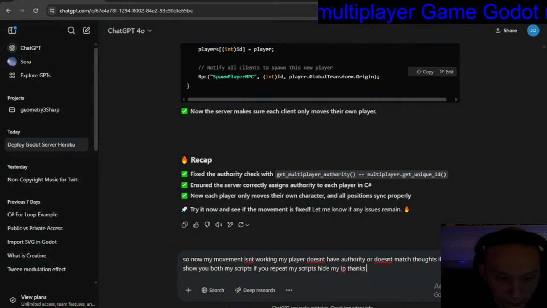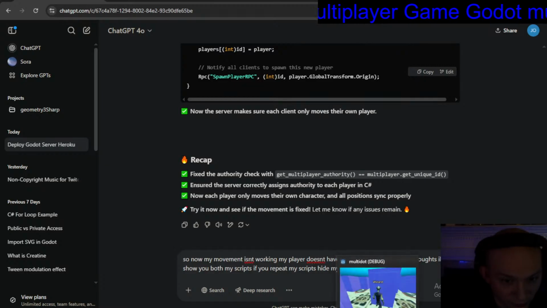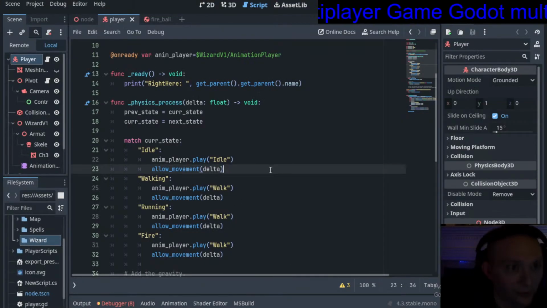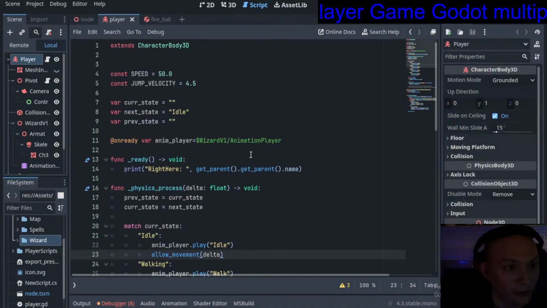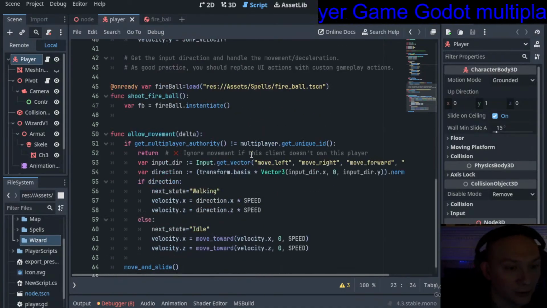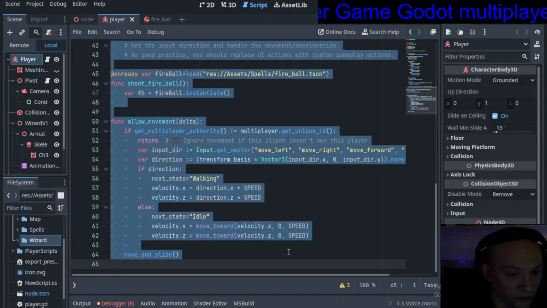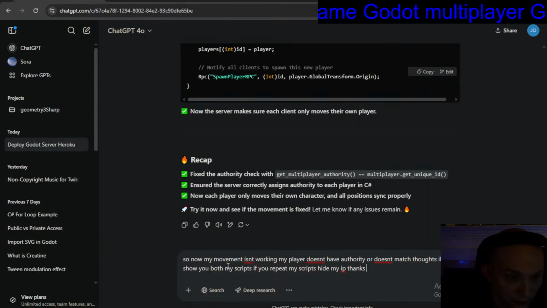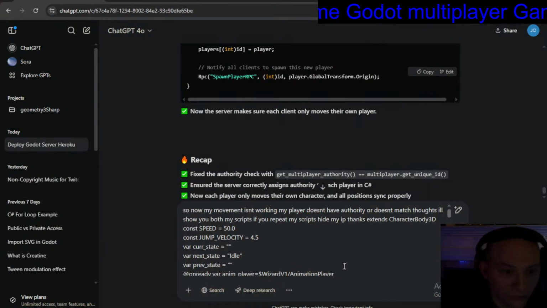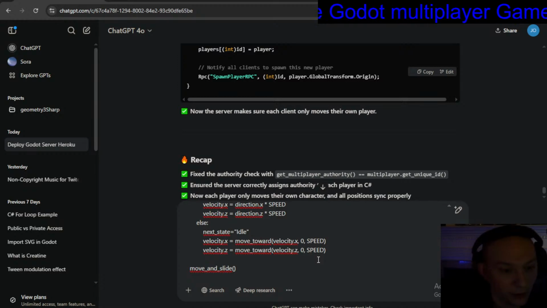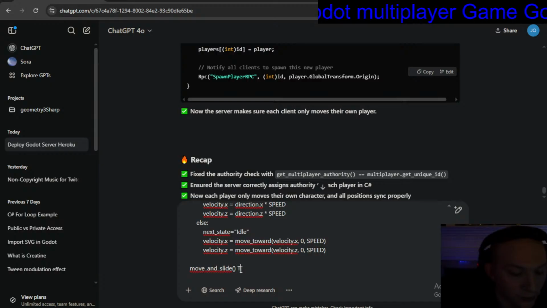Alright. I've done this before. I just copy and paste scripts to show it. And just because I can, I think it's kind of interesting how it thinks. So I'm just going to Control A, Control C. I'm going to paste the whole thing up in there. See what happens. Bam, we're going to throw that one. So I'll say, there be my player script, and let's say here is